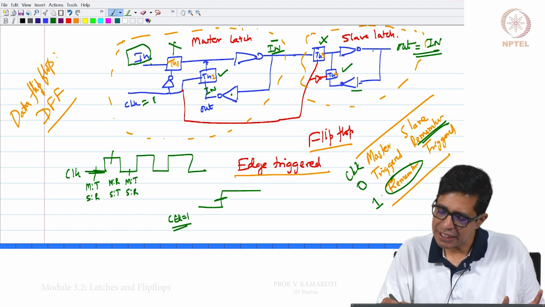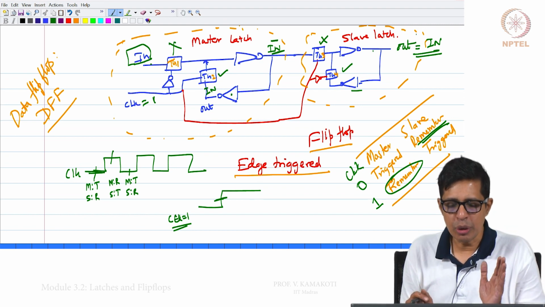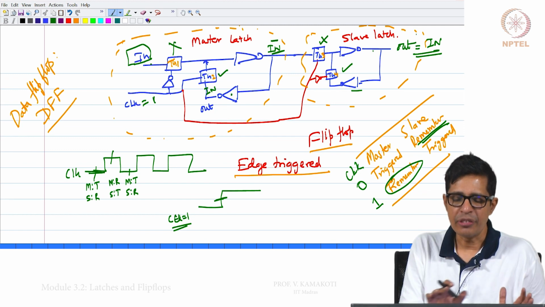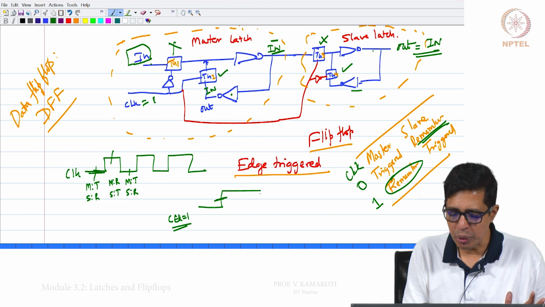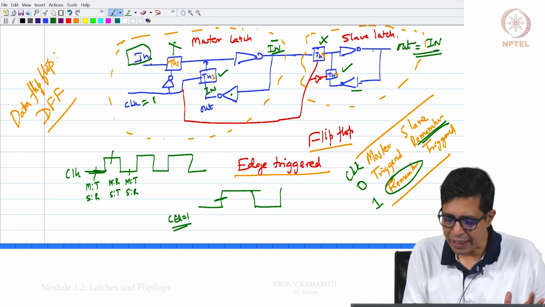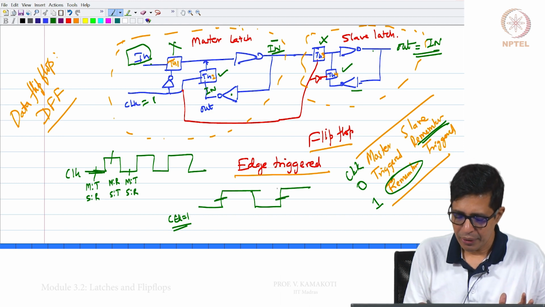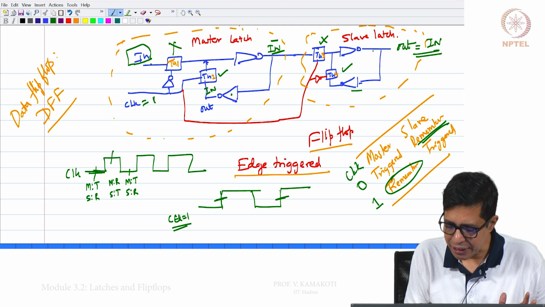So, what will essentially reach the slave? Whatever was the value in the input just before clock becoming 0, that is the value which will go to the slave, and that value will be remembered till the next passage, right. So, the slave will remember the in value between this passage and this passage.